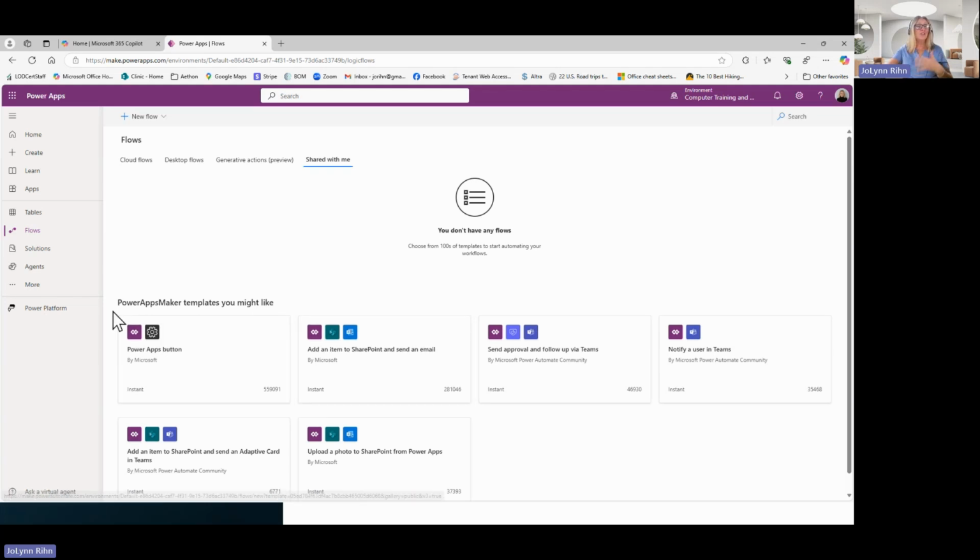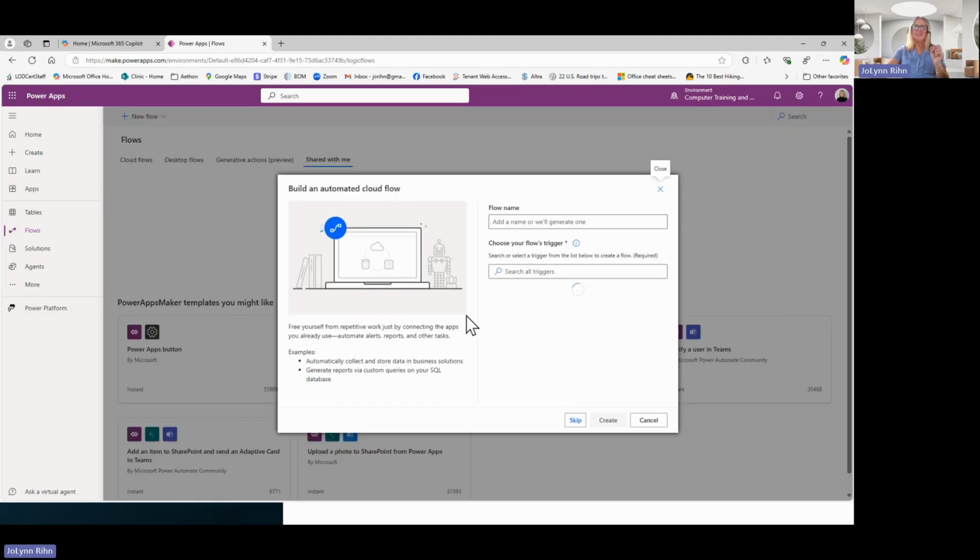Okay, so you'll hear words like triggers. But just so you're aware, at the top left of this right-hand side of the window, you can click New Flow. From the drop-down menu in this new user interface, you could choose, do you want to start from a template or do you want to build your own from a blank? I'm going to show you the blank first. I'm going to say I want an automated cloud flow, but I could create an instant, a scheduled, I could describe it to design it, or I can go into desktop. I just want to show you first this one, automated cloud flow.